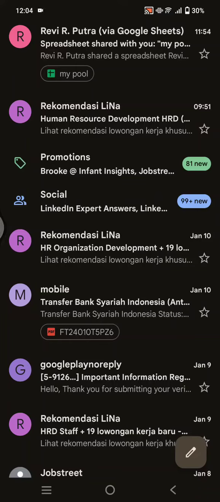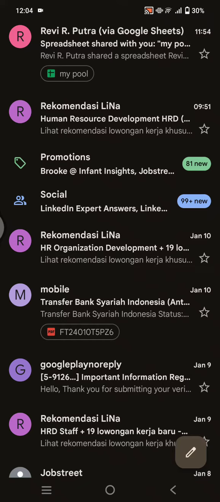On today's tutorial, I'm gonna show you how you can use Google Chat on your phone. So in here, what you need to do to use the Google Chat is open the Gmail app on your phone. So here I've already opened mine, and after that, to enable the Google Chat option,